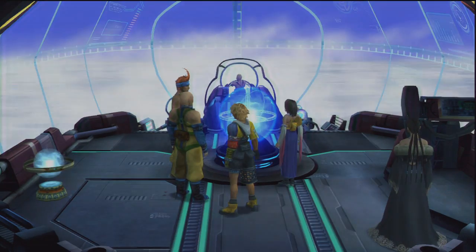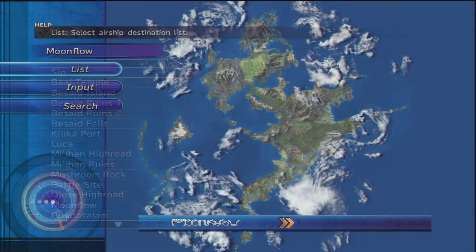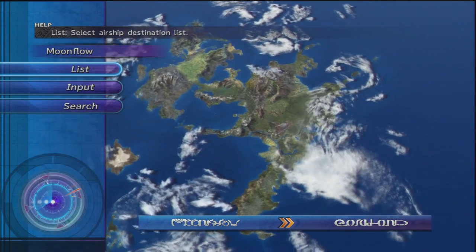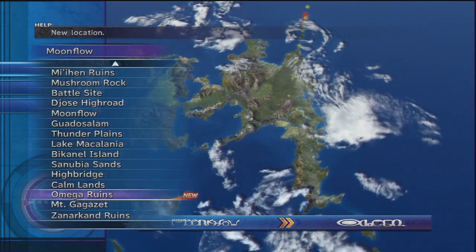The final... Yes, okay, Sid, sure. And all of this stuff should be the same too. It should have the Omega Ruins on the list. It should have Sin as an available location on the list. Yeah, Sin's there. What about the Omega Ruins? Yes, and I've not been there. Amazing. Okay, cool. So what we're going to do, though, is we're going to go back to the Calmlands,